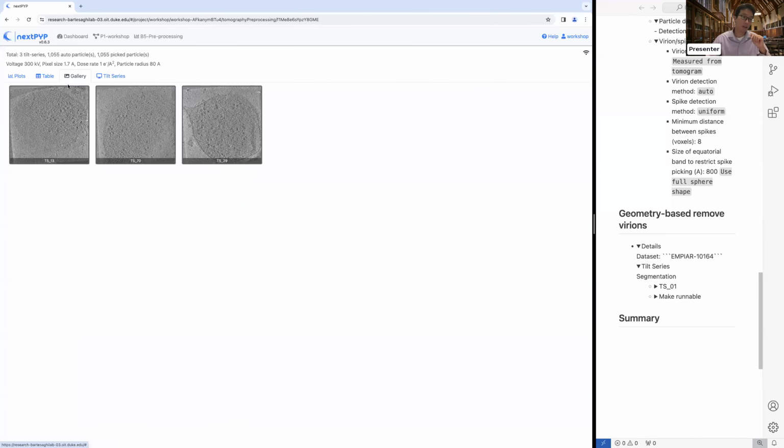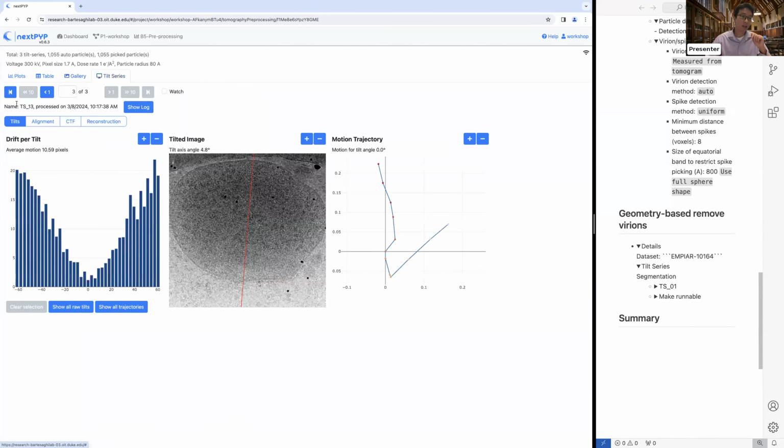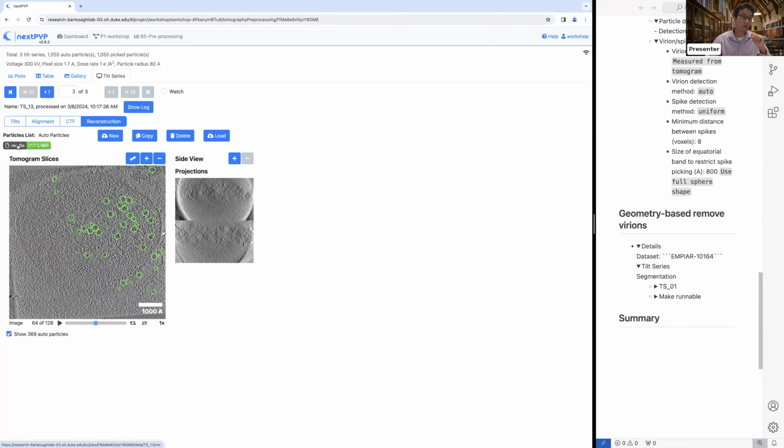Maybe you can do it with the interface. You can download the tomograms right from here, or if you have a terminal, you can go to the path of this project and access all the tomogram reconstructions from the path you have. Of course, you can pick particle positions from the tomogram with a different method, like the other packages,